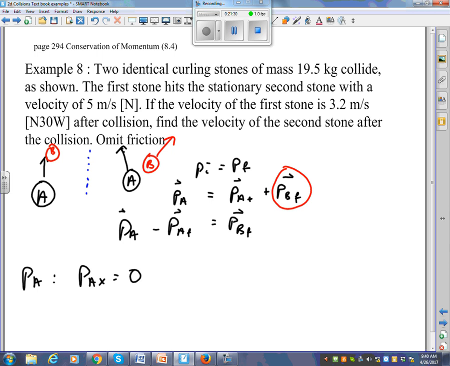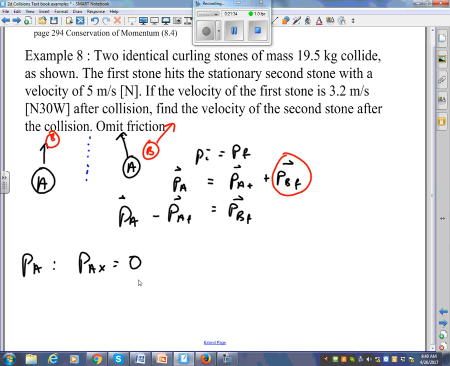And you might remember from vector subtraction, it's nice to put them in columns. Put the B over here. PAY, not the B, the Y, sorry. PAY is going to be all the Y, so it's 19.5 times